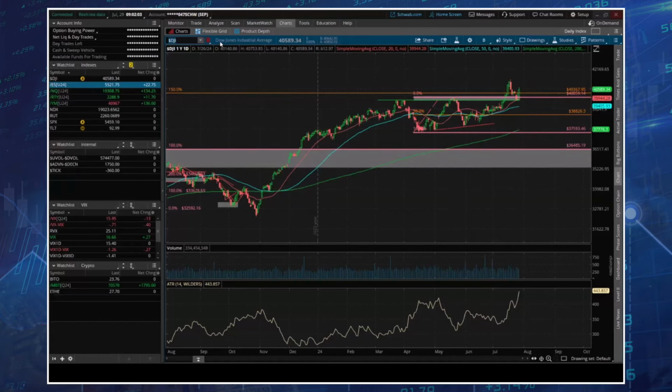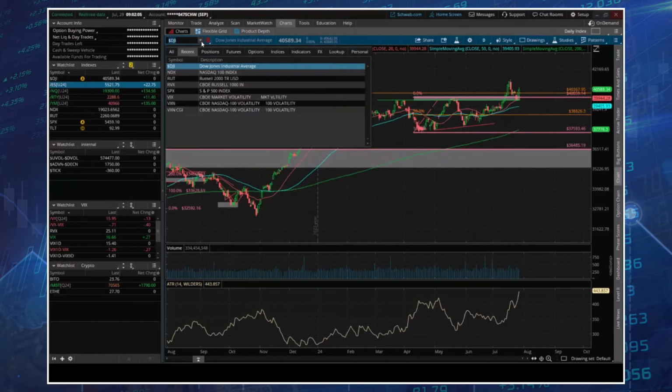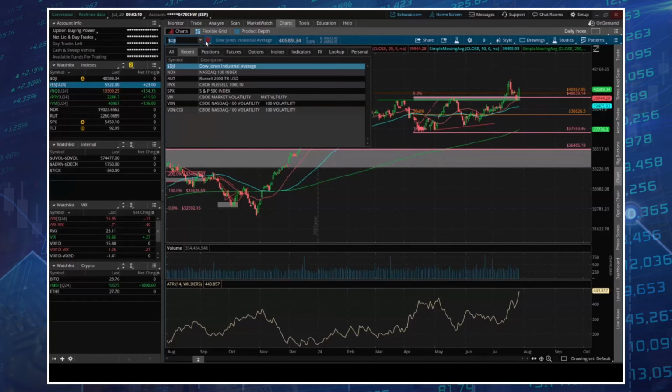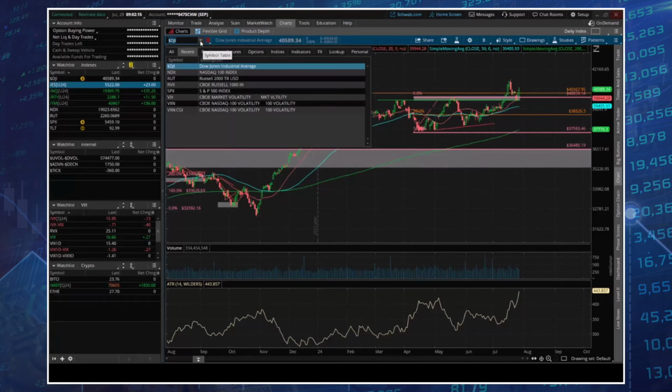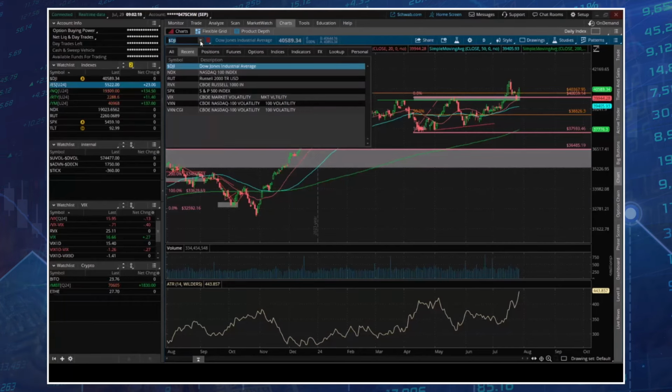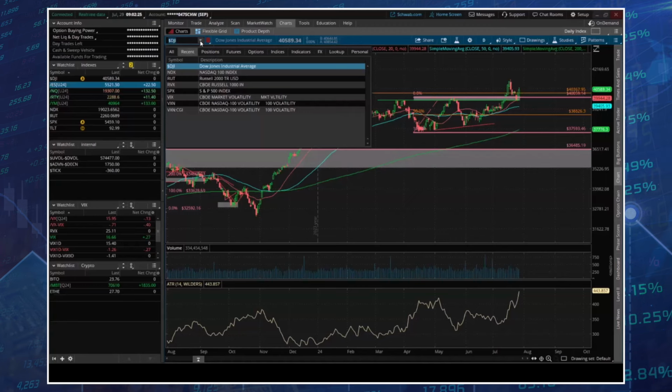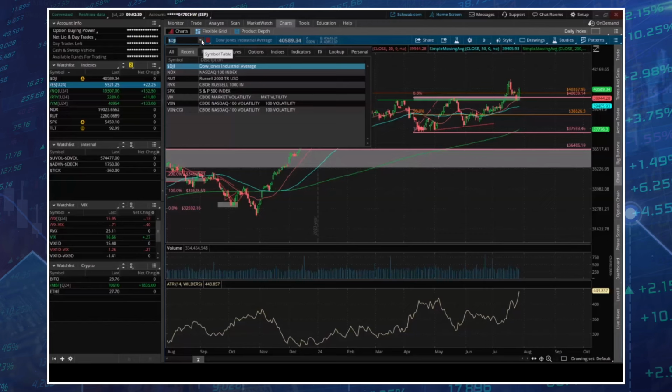And then we have our friend the Russell here, which I like to do last, and I get commented on this a little bit. I like to do it last because the Russell tends to be the most volatile index when it comes to its levels. I like to see what the other indexes are doing before I look at the Russell, because it gives me a better context of what's going on in the Russell. In other words, I'm looking at what I'm trading last, because when I look at the patterns in the Russell, I want to take them in context with what's going on everywhere else.